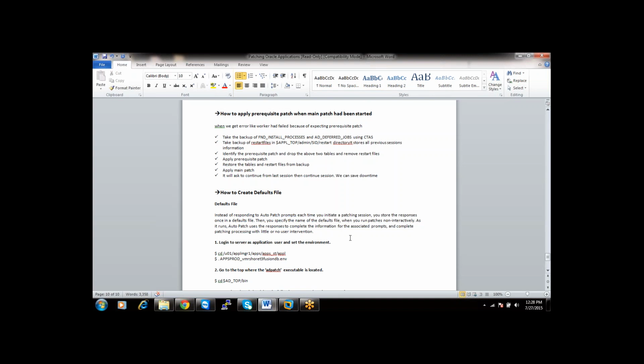Let us take the patch as taking 5 hours to apply. The 4 hours of patching has been completed, which means almost the patch is done. At last, it throws an error that so and so prerequisite patch is missing, or a particular file is missing. So what will you do? You only have 5 hours of downtime.